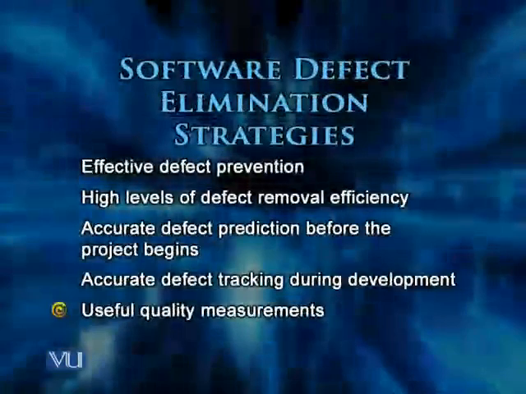The next would be accurately tracking software defects. Remember we talked about the origins of defects. That is where we need tracking: that this defect originated in any of these 7 work products. When did we discover it, and how quickly did we fix it, and what kind of defect it was. And we'll talk about this later in the course also. We will also want to have useful quality measurements. There are a number of quality measurements, and we'll talk about them in quite a bit of detail in another lecture.